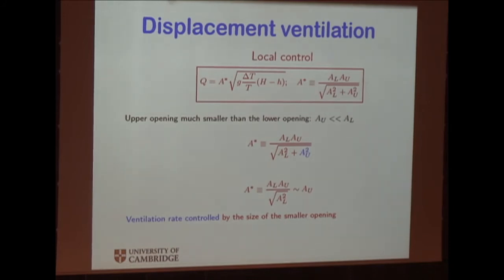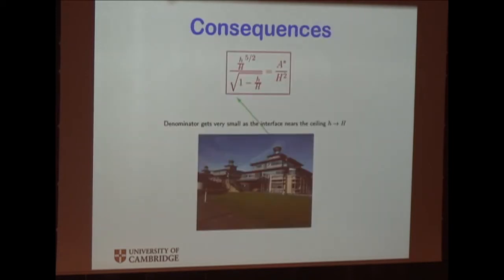And the consequence of that, in a building like my department, is that we allow the warm air to leave the department through these thermal chimneys, which have small openable areas. So the whole building, which has lots of openable area around and these windows, is controlled by the flow through this small openable area. The other feature of this system is that you can calculate the height of the warm